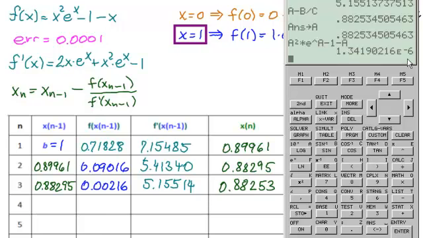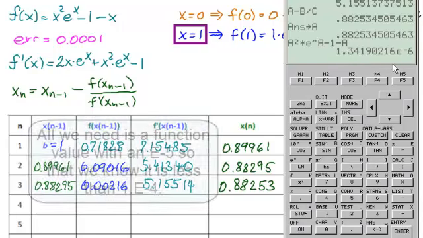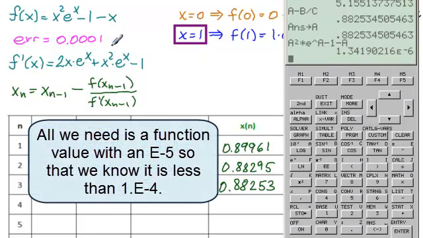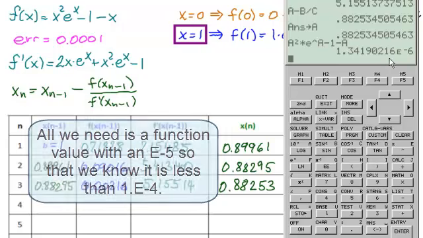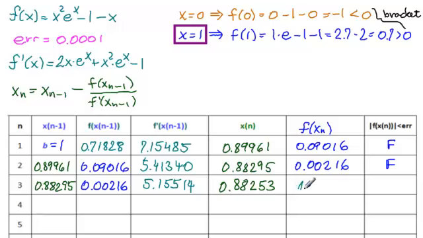We're down to e to the minus 6. We have 1.3 e to the minus 6. All we needed was something that said e to the minus 5 so that we knew it was less than e to the minus 4. So 1 point something here, e to the minus 6. So we are true, and our answer is